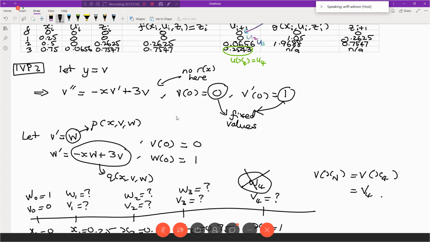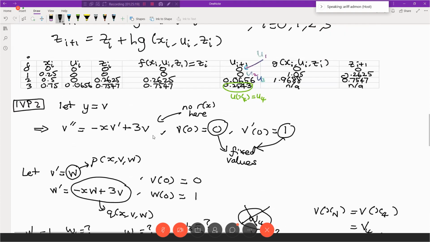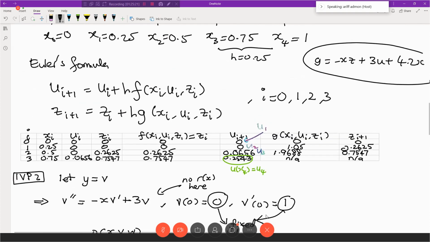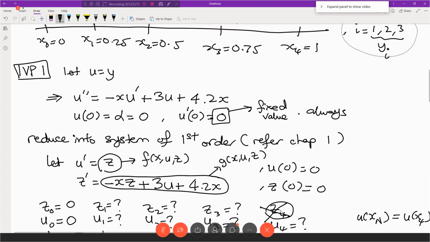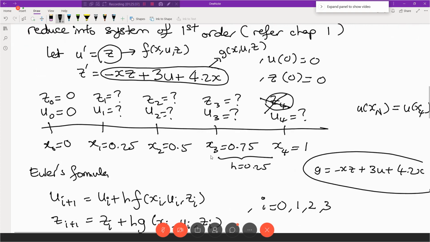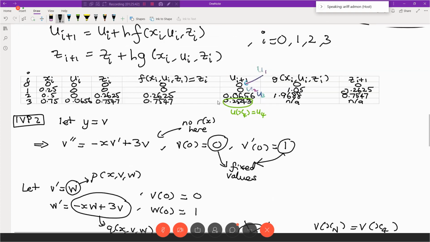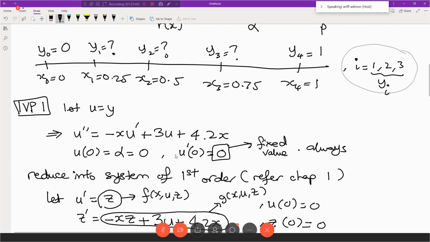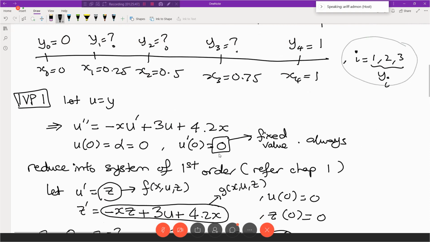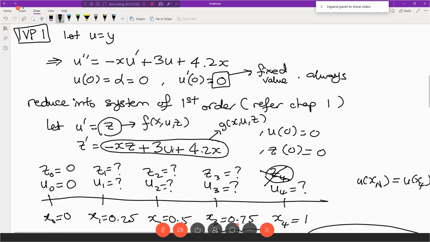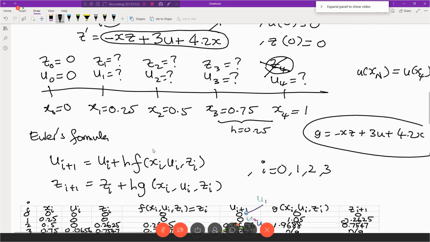Even though the equation is quite similar, because of the condition 0 and 1 for IVP2, but this is 0 and 0, or alpha and 0. Don't worry, because of this condition, your solution might give different values later, even though your Rx is 0. So you introduce IVP1 carefully. This is fixed value 0, and then reduce into a system of first order. You are getting this system, and then you solve using